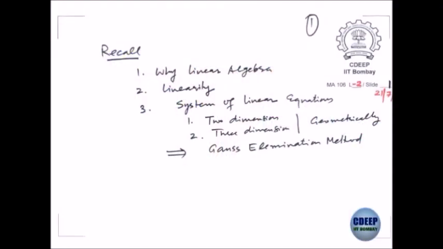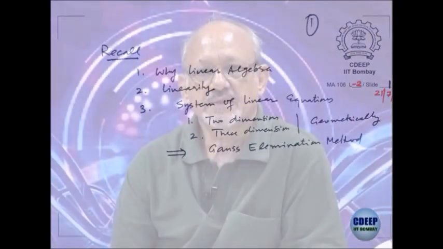In the previous lecture, we had started looking at why linear algebra is important to study. Then we started looking at how linearity arises in setups. Basically, there are two ways linearity can arise. One is because of linear equations, and the other is studying geometry in the algebraic setup. We started looking at the system of linear equations.